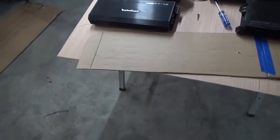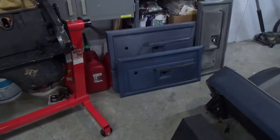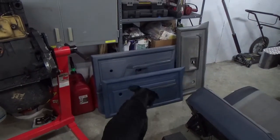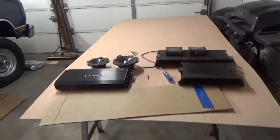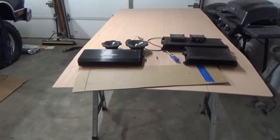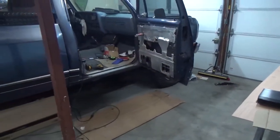But I need to at least start doing panels and get my other panel mounted in there and see what I think about it. Because if I'm not going to run all these speakers, then there's no real reason to even run that other door panel, and I need to make sure that I even like it and that I can get this done the way I want it. So I think that's where I'm going to start,